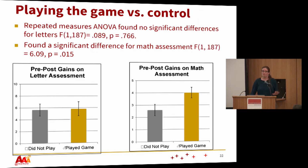So just some very, very preliminary results. We just finished giving the assessments last week. But some quick looking at the letter assessment. As expected, we didn't find any significant differences for the classes who didn't play the game versus the classes who did. This is pre-post game. But we did find significant differences on the math assessment for students who didn't play the game in gray versus did play the